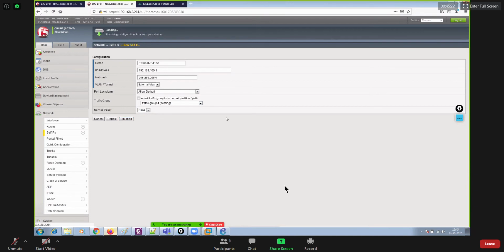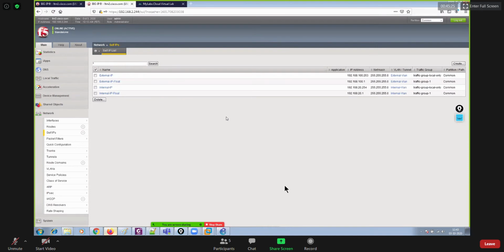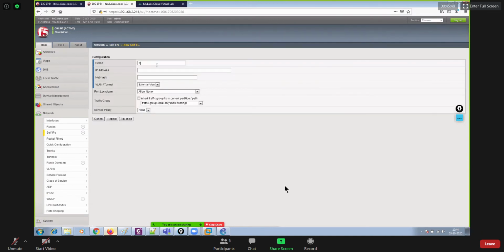You can see that the floating IP address has been configured commonly on both of the BIG-IPs, because your floating IP will work as a virtual IP address, and whoever is active will be responding for that virtual IP address, right? So we will be configuring active standby failover first of all. Thereafter, assign an IP address on your failover link as well. To do that, go ahead and create a self IP for failover. So the failover IP is 10.1.2 and 255, /30, VLAN failover VLAN, allow default, and then get this finished.